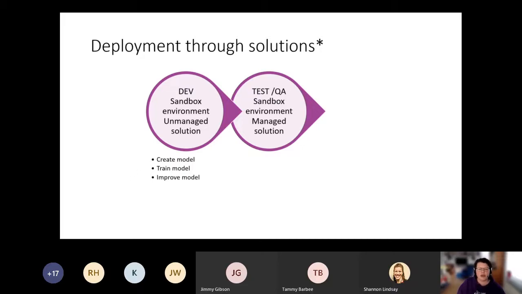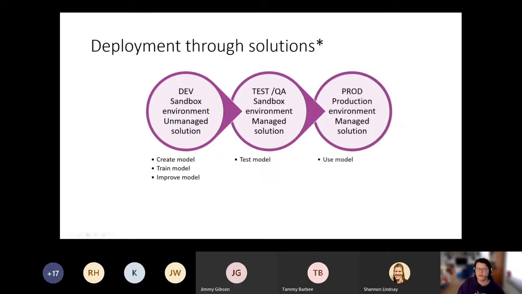Next thing is you export your unmanaged solution as a managed solution and import it in your test or QA environment, where you will be able to test if your model performs as you like, and then that's the moment where you deploy your managed solution to production. So these steps are actually the same for whatever type of Power Platform deployment you do with Power Apps or Power Automate.